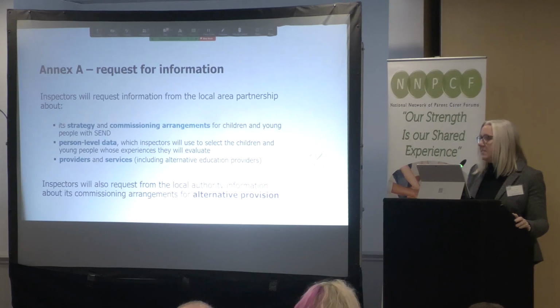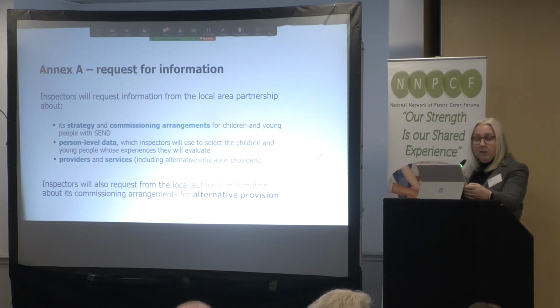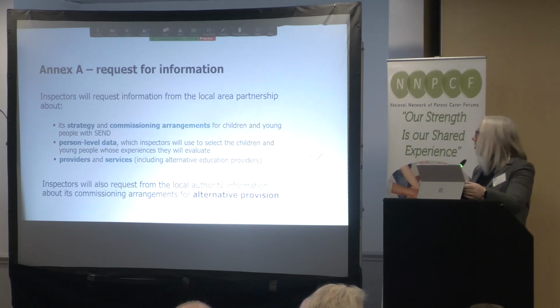So it won't be a surprise for local area partnerships that they're going to be expected to share this information, and that's around their strategy and commissioning arrangements, and obviously person-level data, so that we can use that to select children and young people, look at their experiences, and also the full range of services and providers that we need to be part of the inspection.